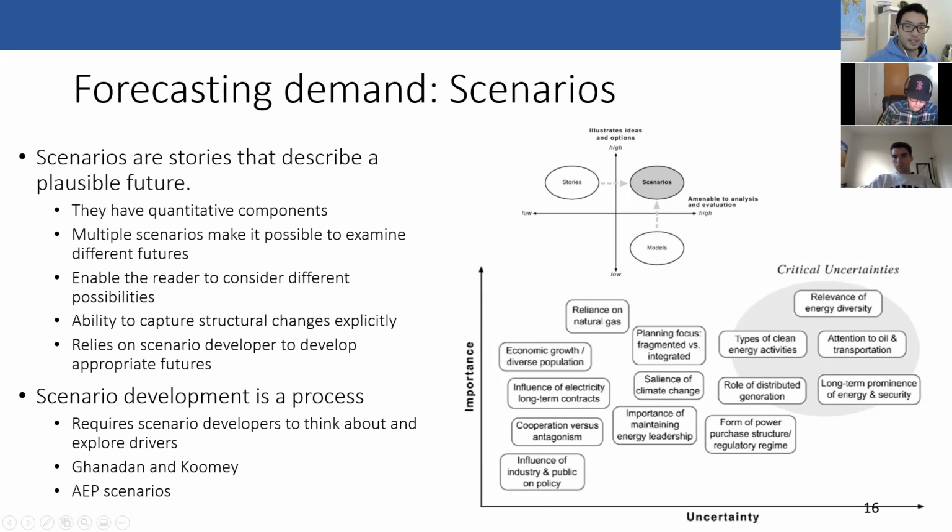And this chart shows you a couple examples of relevant stories and models, and where uncertainty becomes really dominant,